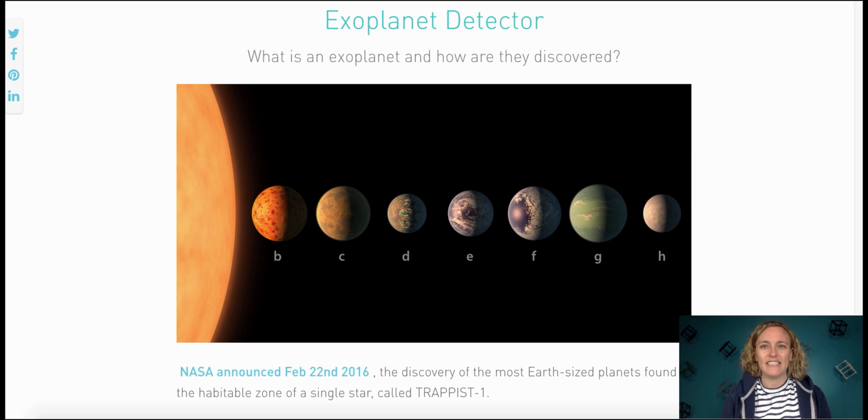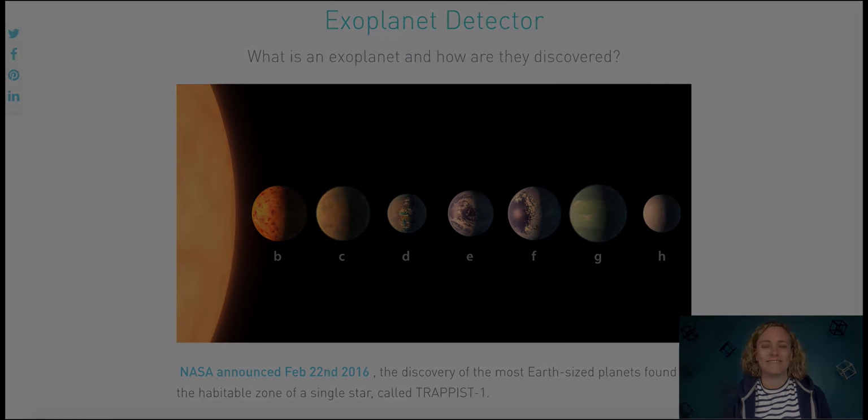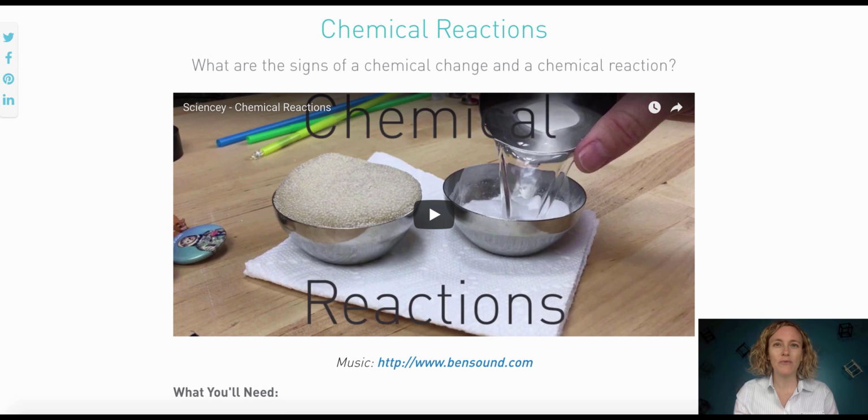In Exoplanet Detector, the students wire up the luminosity sensor and collect data and use a model to determine how scientists discover exoplanets. Have you ever wondered what makes a chemical reaction endothermic or exothermic? In this experiment, students will mix baking soda and vinegar, as well as yeast and hydrogen peroxide. They will collect data from the temperature sensor and use that data to interpret whether their chemical reaction was endothermic